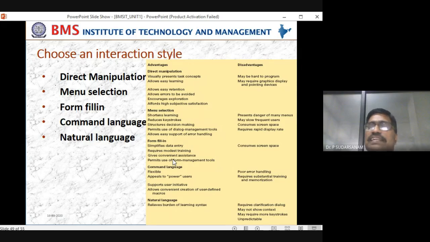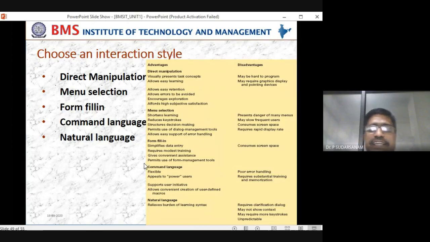That is the reason that wherever data entry is available for customers, you should give options to enter it easily. With respect to the systems, you have to design them in such a way that they use form filling, wherever there is an easy way of entering, so that it can be done properly. That is what form filling is.